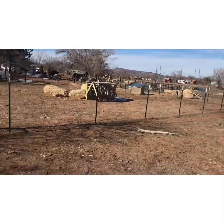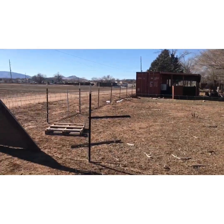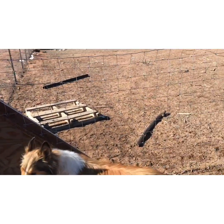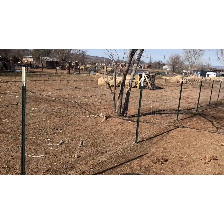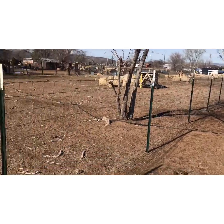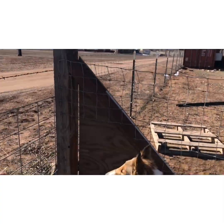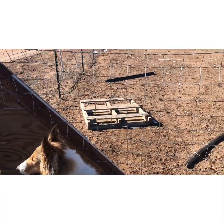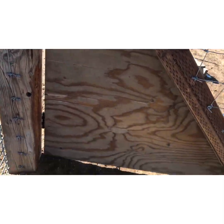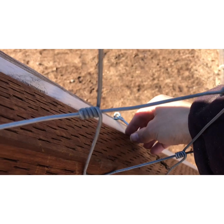So over here, here's our does' little paddock. I just wanted to show you guys because this was kind of my little invention that my husband made. When we made the does' enclosure, I wanted them to be able to come out into the pasture and graze. But I didn't want to cut this fence, because when you cut a fence to put in a gate, you've got to put new posts in and braces, like we have right here, a big post and a brace. And then you've got to do that on each side of the gate, and it's just such a pain. So we cut out a little piece of the fence, and then we put a little latch,